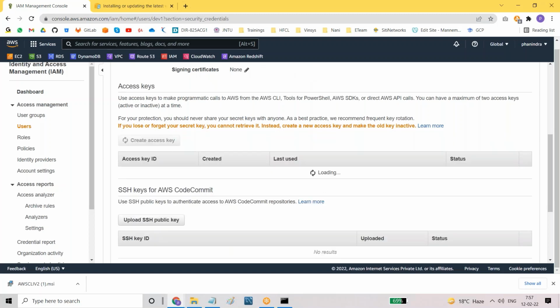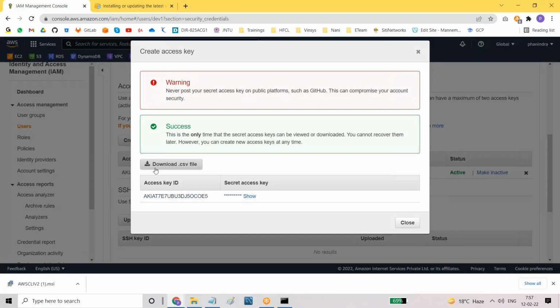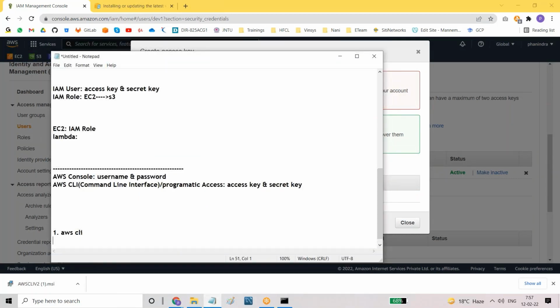Now let's generate a new set of credentials. While generating, you can see the access key and secret key both. Let me copy both. This is the one I need. Let's paste these things in my